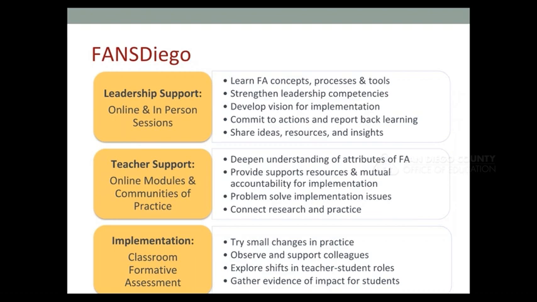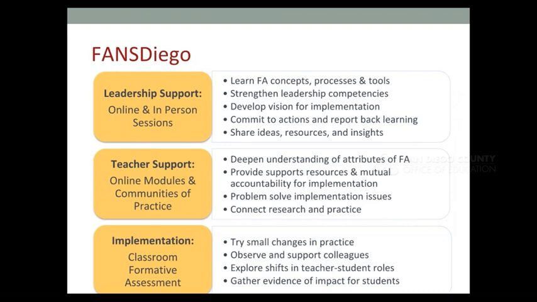And then we have the teacher support, and so there'll be online learning modules to deepen the understanding of formative assessment, as well as communities of practice. And communities of practice, you may call them many different things, PLCs, but they are really school-based groups focused on one specific topic with dedicated time to just that work.